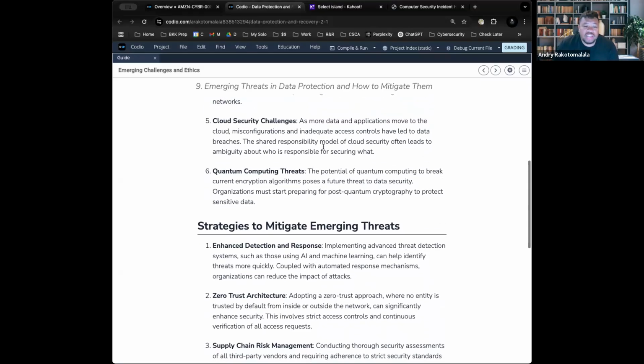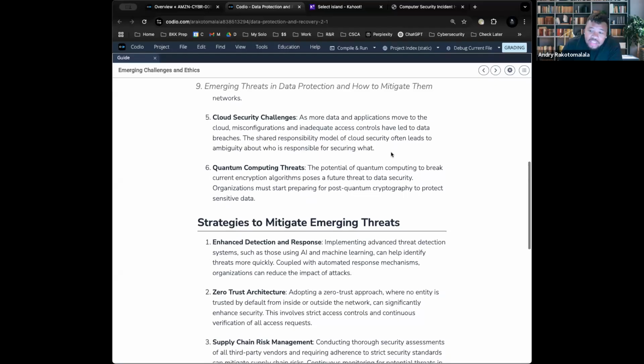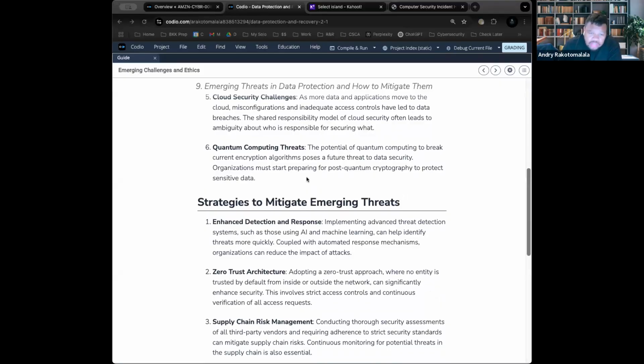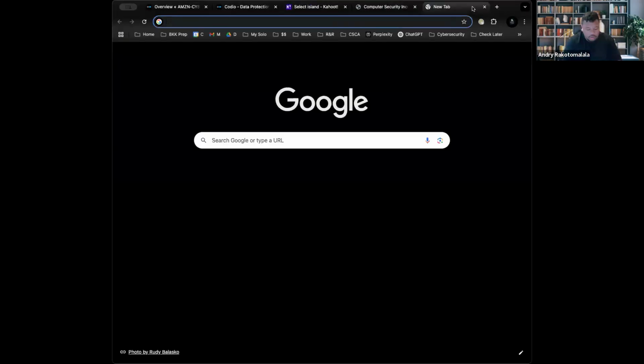So there are some cloud security challenges. Keep in mind when you are using a third party or cloud, well, then you have to essentially move data. You have to essentially address all the challenges with giving it to a third party, making sure that they're as secure as possible. And then there's quantum computing threats. As I mentioned before, quantum computers are just super smart computers that are able to decrypt information easily. Now, the reason why I bring this up is because with algorithms, you can break an encryption if you have enough time.